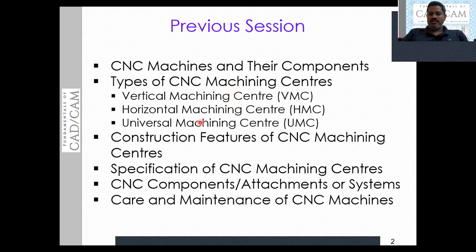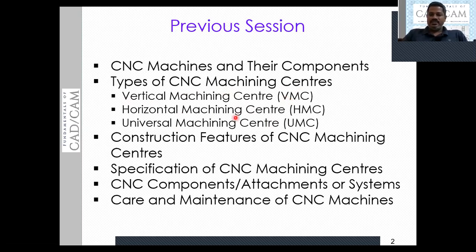horizontal, and universal machining center. Based on the orientation of the spindle, CNC machining centers are classified into three types: vertical, horizontal, and universal. In the case of a vertical machining center, as we have seen in our last class, the spindle axis is vertical.